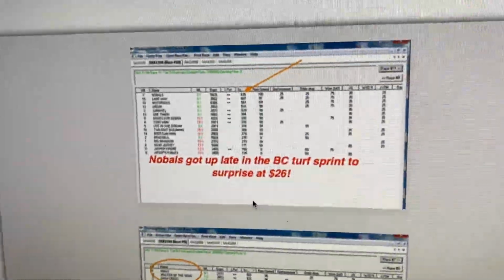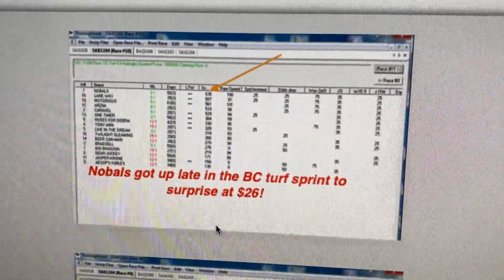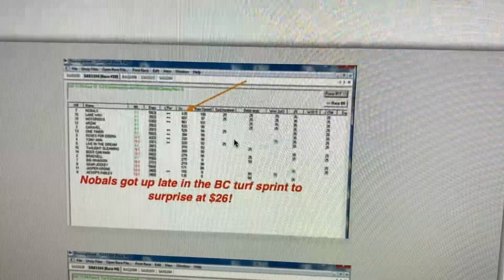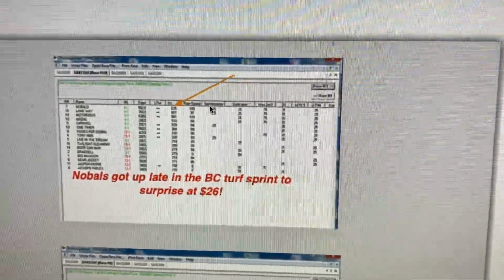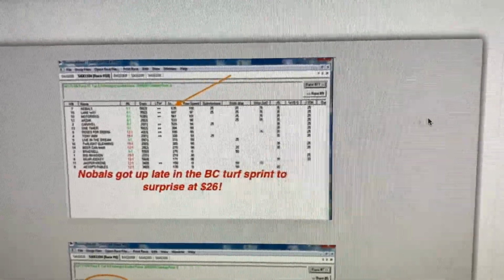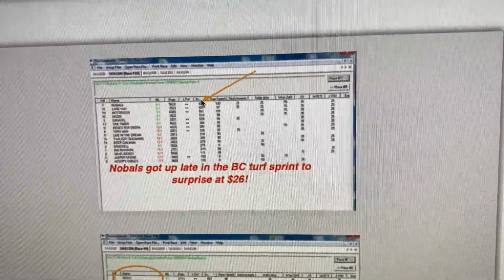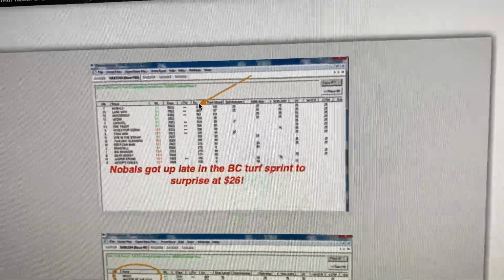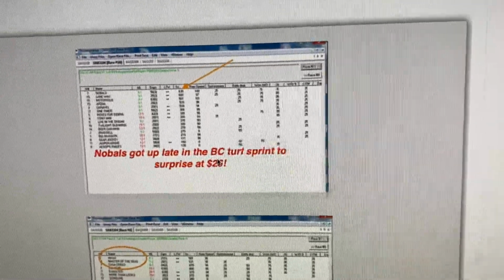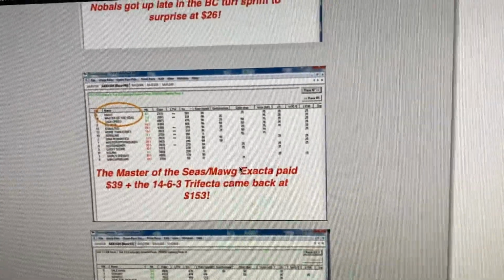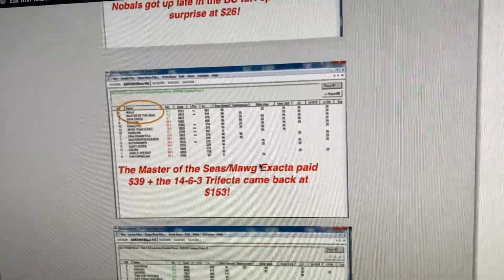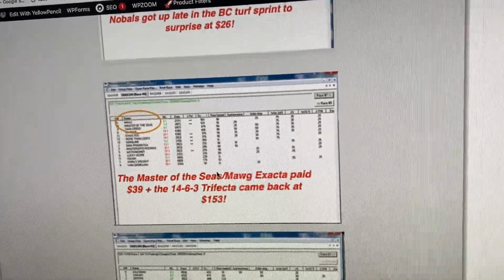Here's an example of what the main screen looks like. It's kind of hard to see, a little small here, but basically you've got several columns. Again, the columns are sortable, but your main column to pay attention to is the score column. That's where all the points are given for the horse, and the horses with the top numbers are usually the top contenders. Here, again, Breeders' Cup Day, $26 horse right on top. Here, exacta, trifecta, the winner, Master of the Seas, was rated second, but along with Mog, the exacta paid $39,